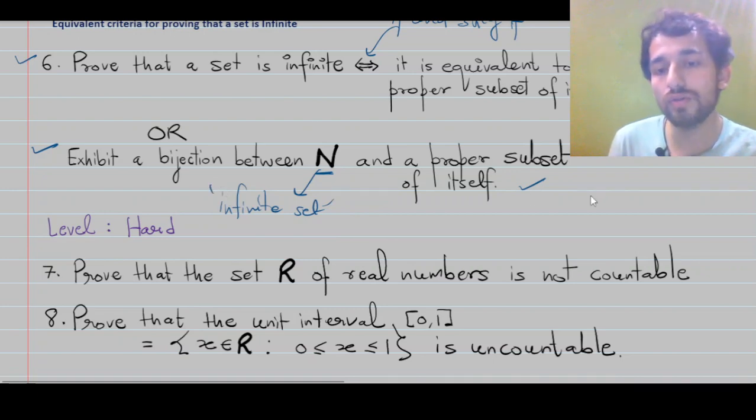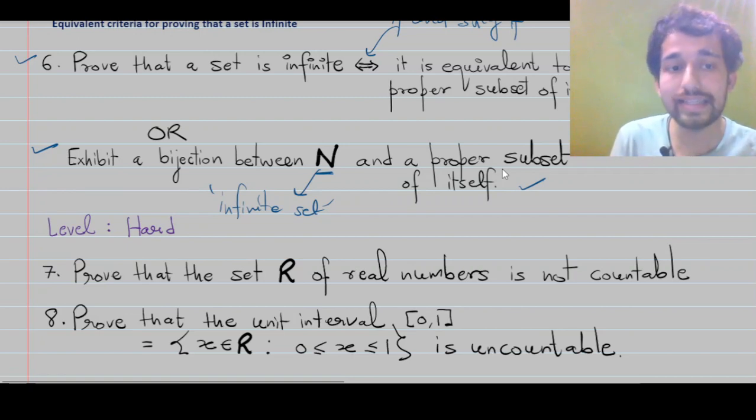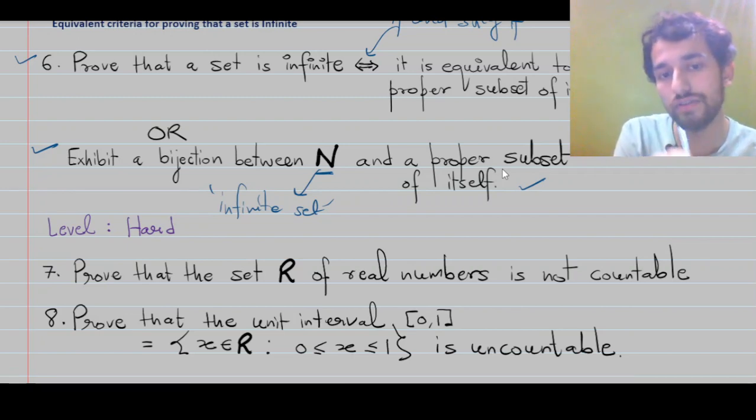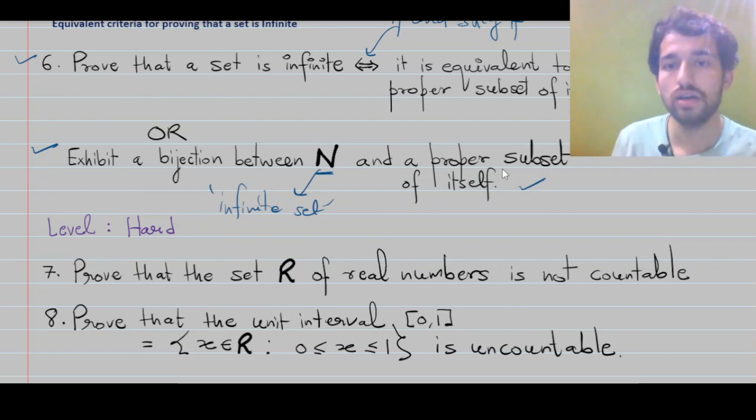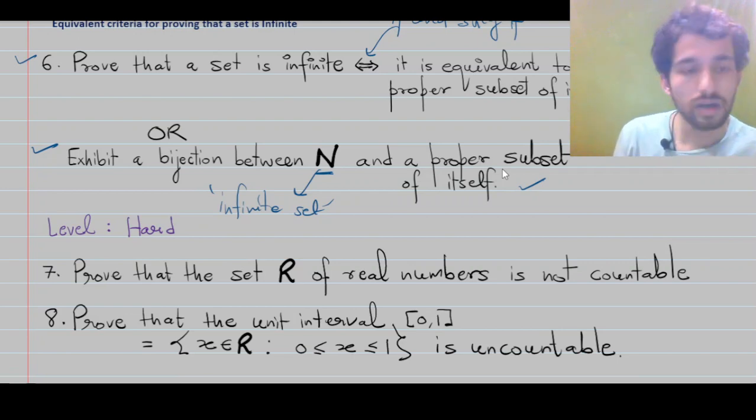So if you want to prove that some set is infinite, you try to construct a map from the set of natural numbers to that proper subset which you want to prove is infinite. In this particular case, I am restricting this problem to proper subsets of the natural numbers. But in the sixth case, what I was saying is that it can be any infinite set in general, and I'm just trying to construct a map which is equivalent to one of its proper subsets. Okay,